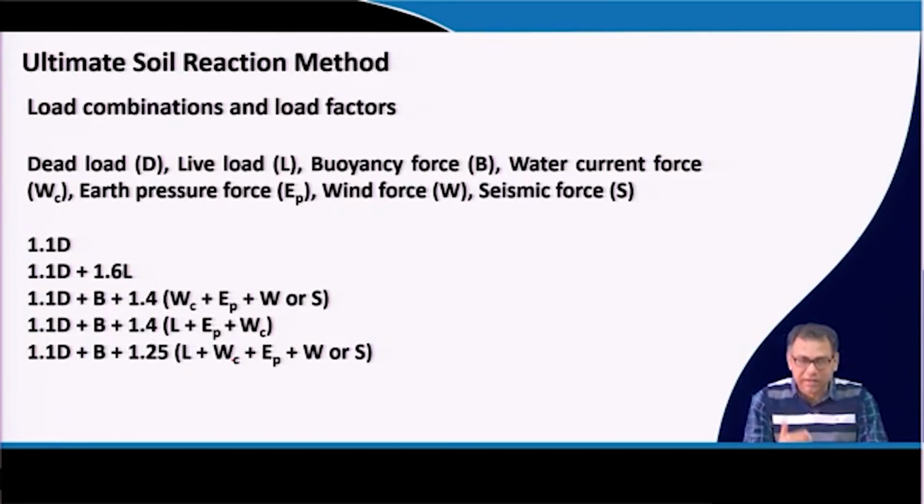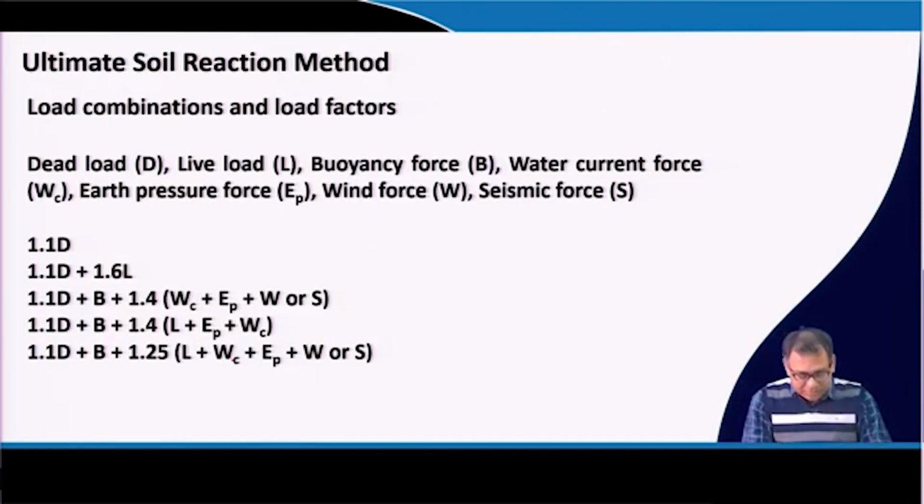So, that is why 1 is taken, and when this live load is added with earth pressure and the water current, but not with wind or the seismic, in that time it is higher than the wind. When the wind load and seismic load are considered, that is 1.2, it is more than 1.2, but it is less than 1.6. So, 1.4 is added, because